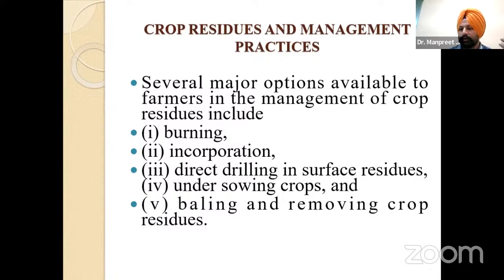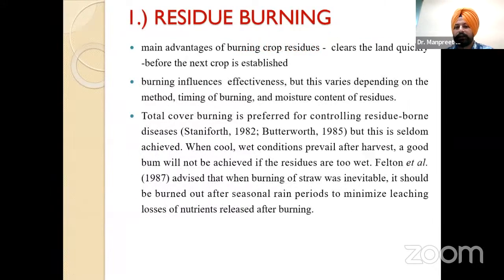अंडरसोइंग क्रॉप्स होती हैं, जैसे किसी स्ट्रॉ में हम लेग्यूम्स की सोइंग करें या किसी फॉडर की करें। उसके बाद बेलिंग एंड रिमूविंग क्रॉप रेजिड्यूज। पहले आगे रेजिड्यू बर्निंग। रेजिड्यू बर्निंग जैसे कि हम फेमिलियर हैं एवरीबॉडी, रेजिड्यू दिन भर दिन फार्मर बर्न करता है, तो उससे जो हमारी सॉइल की, एयर की या वाटर की, हर चीज की पोल्यूशन होती है, जिसको रोककर अगर इसको फील्ड पे मैनेज किया जाए, तो ही कैन गेट बेटर आउटकम्स।